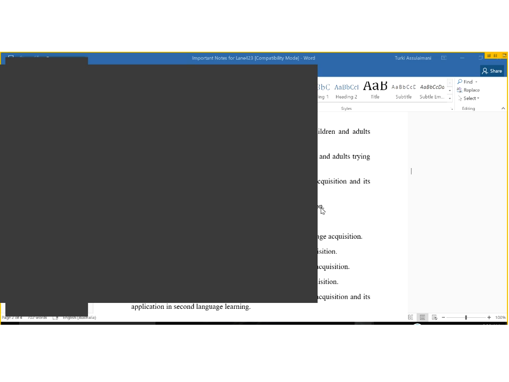The second hypothesis on page 37, the monitor hypothesis. The acquired system initiates speaker's utterance and is responsible for spontaneous language use. قلنا في أشياء نكتسبها في الفرضية الأولى وفي أشياء نتعلمها. So the things that we have acquired is what we produce when we talk, okay, spontaneously. لما نتكلم بشكل بدون ما نقعد مثلا نجهز خطاب معين أو إن we plan something in our mind. This is what the acquired system is responsible for, okay?